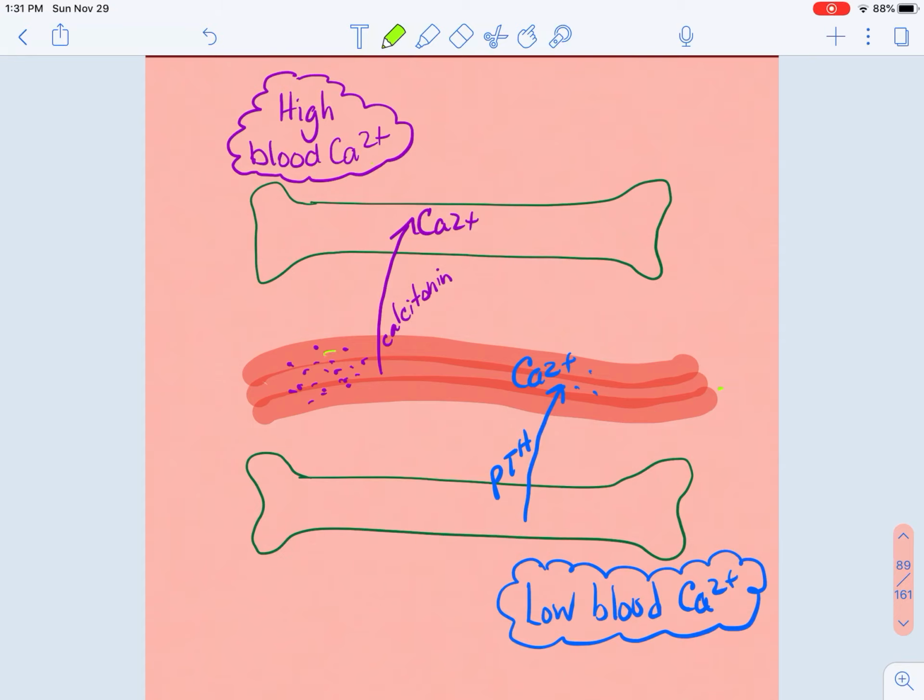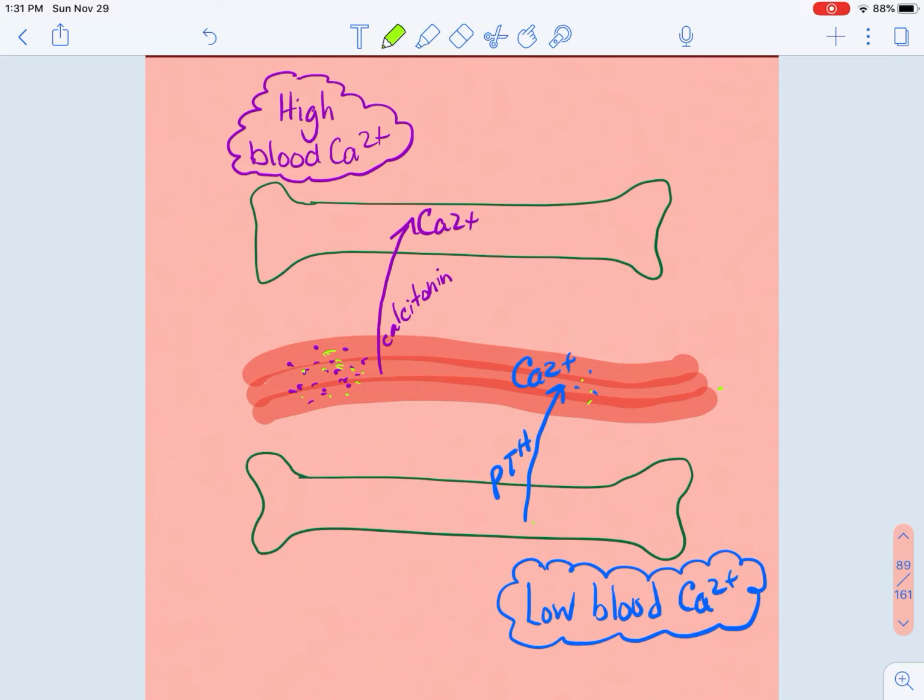When there is a lot of calcium in the bloodstream, it will be calcitonin that sends that calcium to the bone. If the blood has very little calcium, it'll be the parathyroid hormone that sends that calcium to the blood. And if you can just remember, calcitonin to the bone, parathyroid to the blood, this will